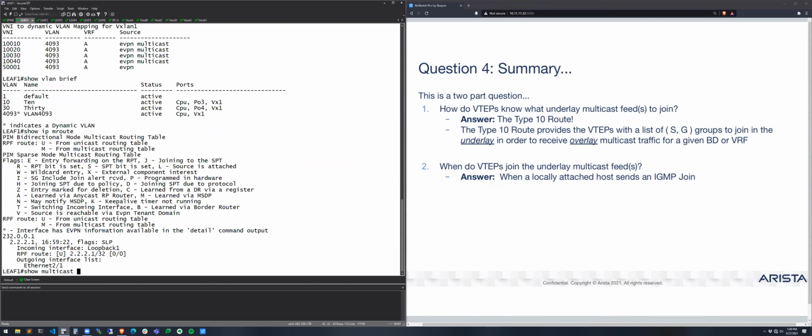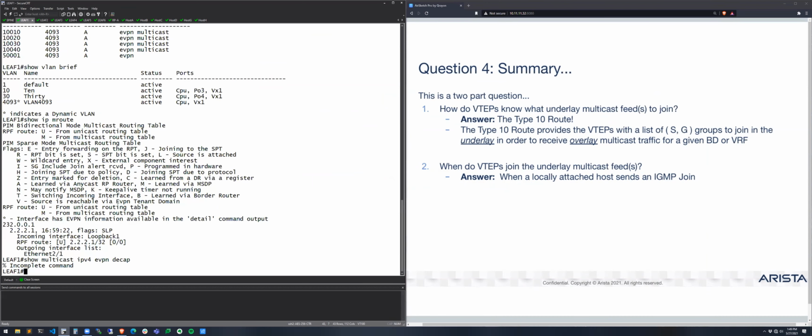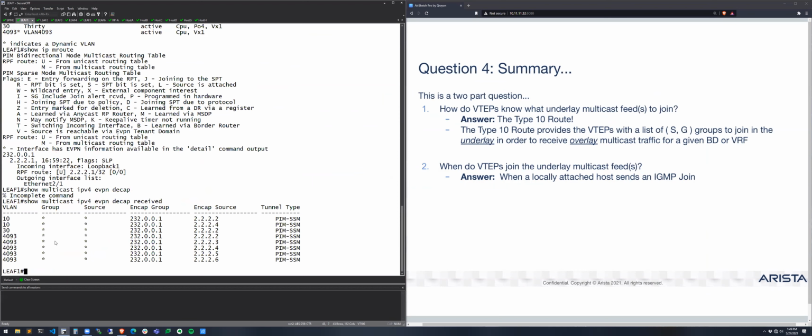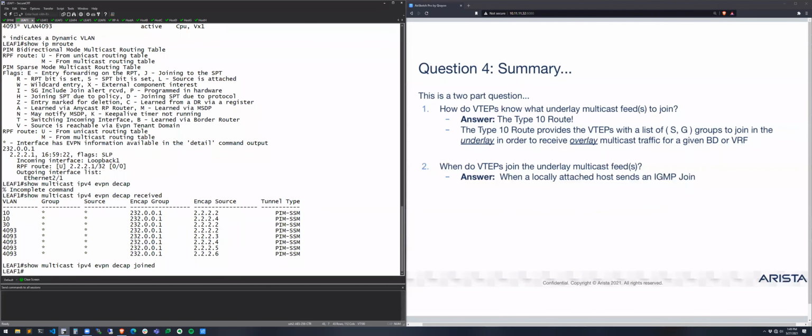So do show multicast IPv4 EVPN decap, right? So this is received. These are the mappings that we received from the type 10 routes. That's received. Which ones have we joined? None, because we have no locally attached interested receiver. If we throw a watch at the very beginning of this command,